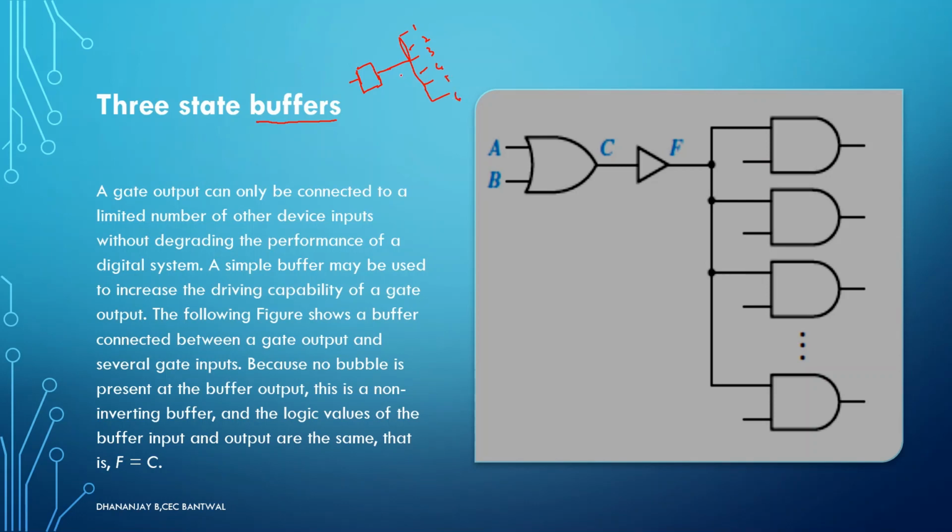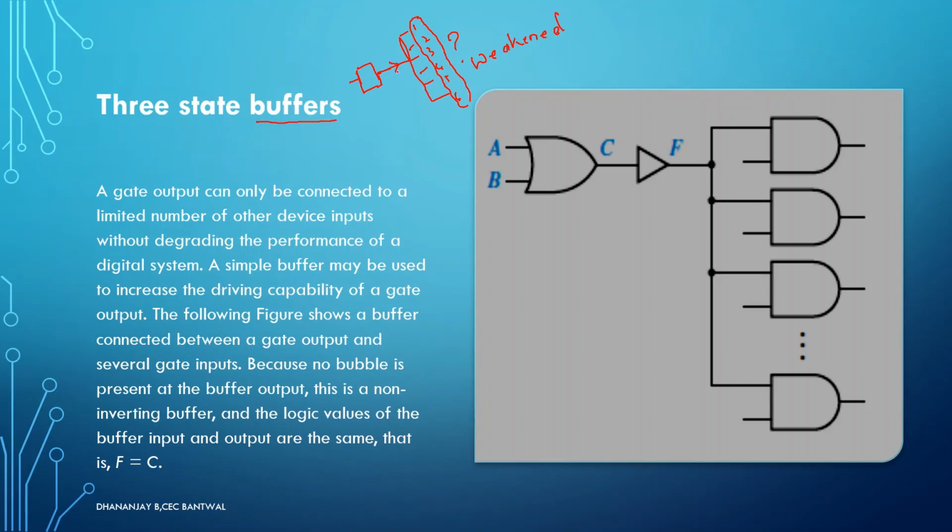Now when the single output of this particular circuit is given to multiple circuits, what is the problem that might occur? The problem is that these circuits may not function properly because the signal coming from here might be weakened, or is already weakened, because of which the circuits I have connected here are not working properly. If you consider this to be a music system, and these to be speakers, if you do not connect an amplifier in between, your speakers are not going to give you loud sound.